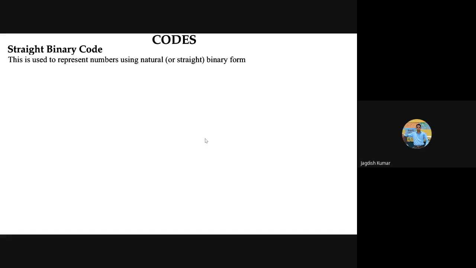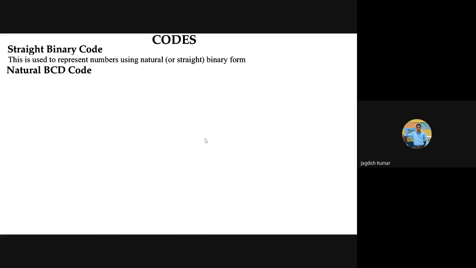For example, if you have to write down, say, 0, so in straight binary code, let us suppose we are following a 4-bit system, then it will be 0, 0, 0, 0, 4 times 0, right? If you're writing 5, it will be 0, 1, 0, 1, because the last one will give you 1, the least significant bit. Then next 0 refers to 2, next 1 refers to 4, 4 plus 1, 5. So 0, 1, 0, 1 is 5 in straight binary code. I'll be showing a table in the next slide where we will be comparing all those codes.